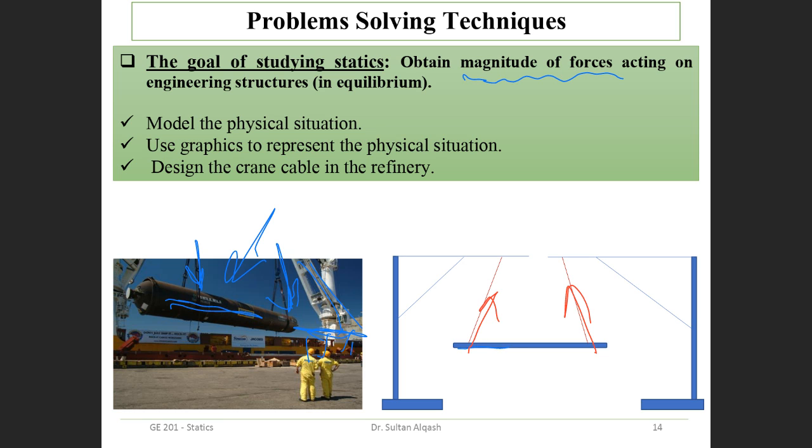So this is in design. I need to study the material of this one, knowing that this force will be exerted on it. I need to see that the force will not deflect this part to be like this. So I need to make this static, in equilibrium. Also, if this force is too much, it will deflect the material, so I need to put another rope here. Why? To balance. Clear?